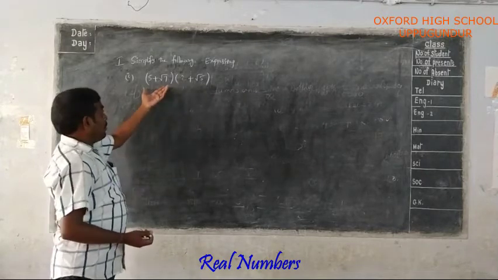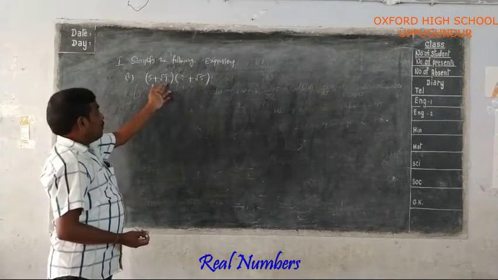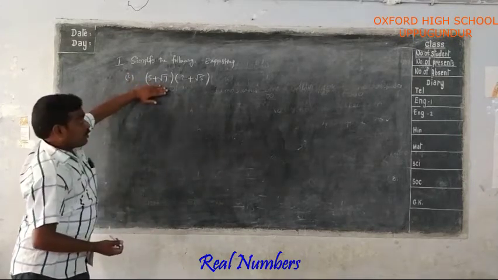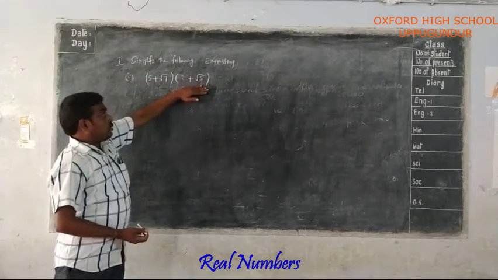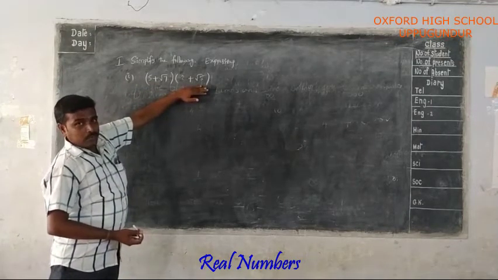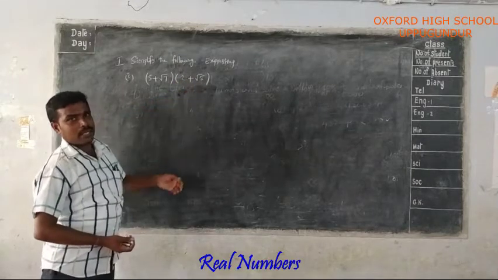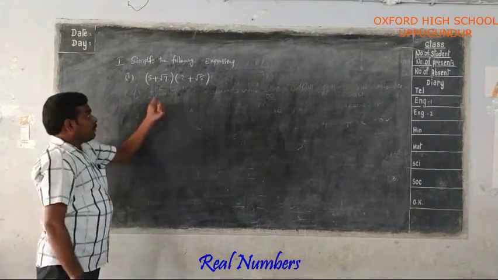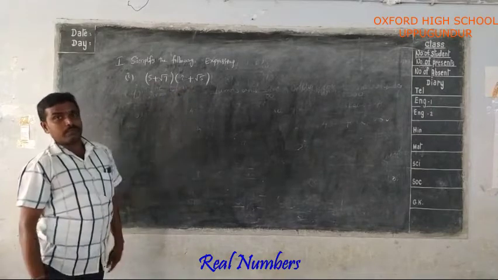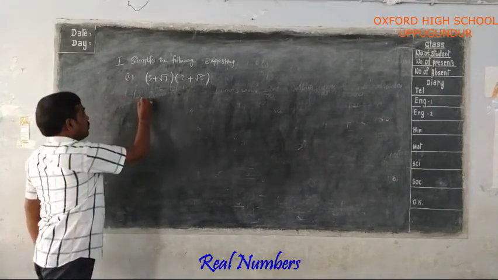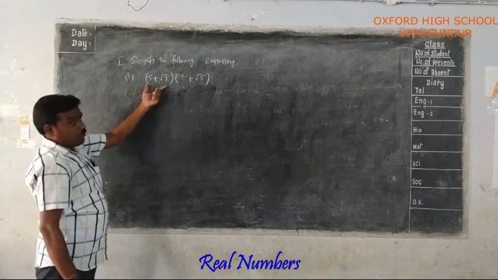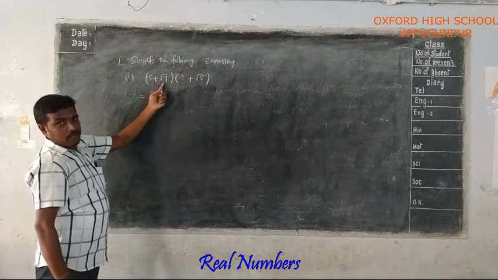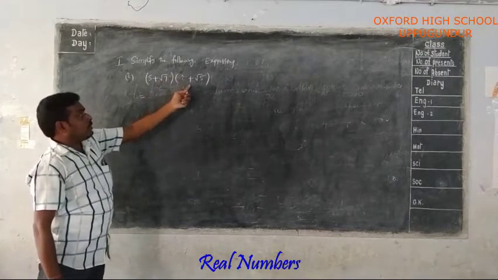If an expression has two terms with an addition or subtraction sign, like this expression having two terms, and this expression also having two terms, an algebraic or numerical expression having two terms we call a binomial. Now here we are multiplying two binomials. How will you multiply two binomials? You learned in your previous class, that is 8th class. In the first binomial, the first term you have to multiply with the second binomial. Similarly, the second term of the first binomial you have to multiply with the second binomial.